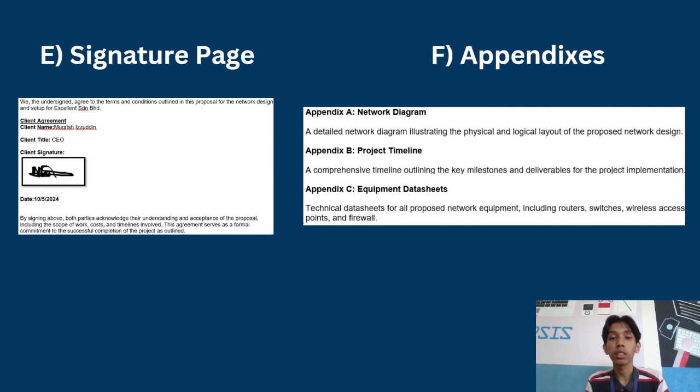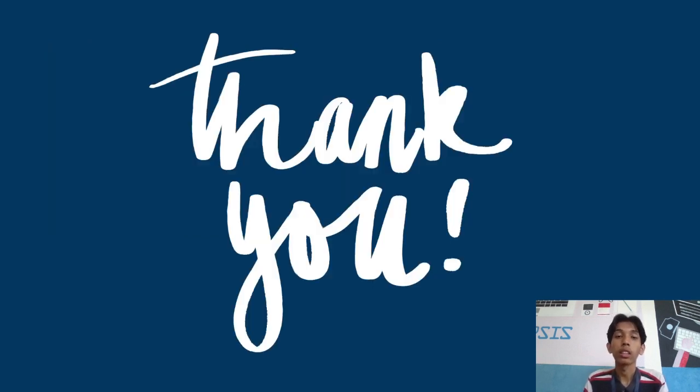Lastly is the appendix. Appendix A, network diagram: a detailed network diagram illustrating the physical and logical layout of the proposed network design. Appendix B, project timeline: a comprehensive timeline outlining the key milestones and deliverables for project implementation. Appendix C, equipment datasheets: technical datasheets for all proposed network equipment, including routers, switches, wireless access points, and firewall. And that's all for